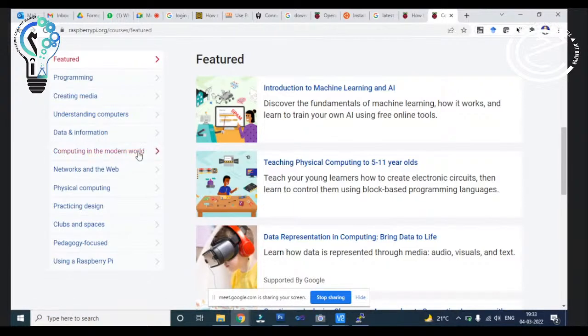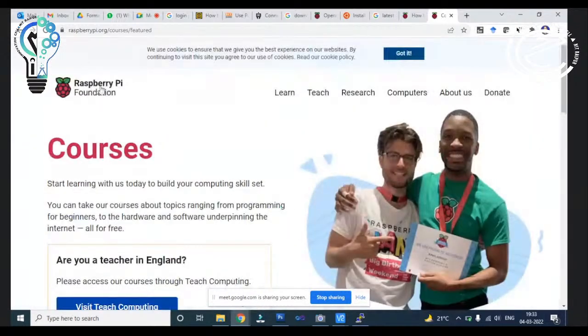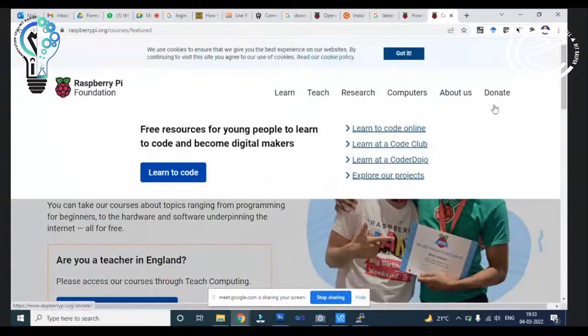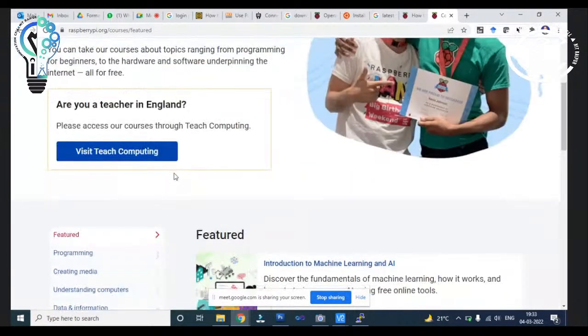So we have lots of courses on the Raspberry Pi official website. You can access this website and see the complete course.